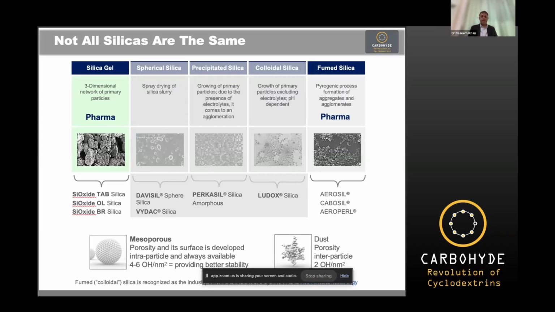Yeah. So here, when we talk about mesoporous silica, it is something like this ball. It's like a golf ball, just symbolic, just to show you that it is something like a ball, and it has pores. So when your formulation is in high temperature, actually this type of silica